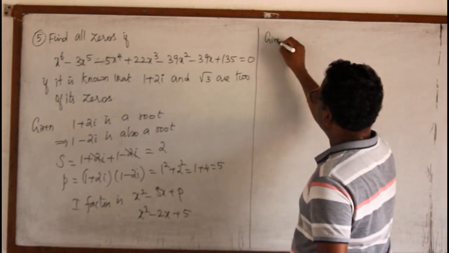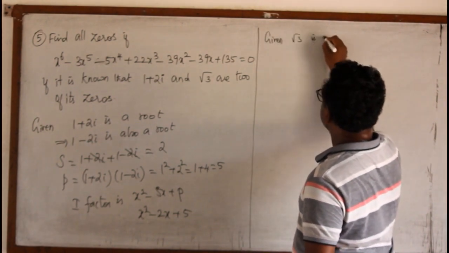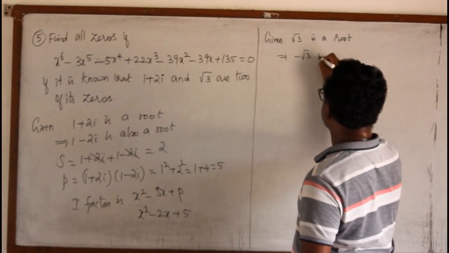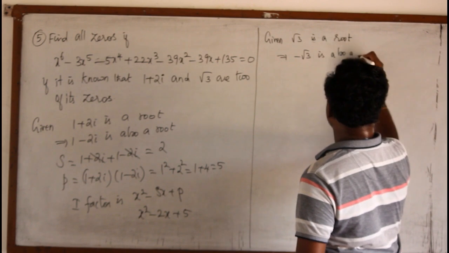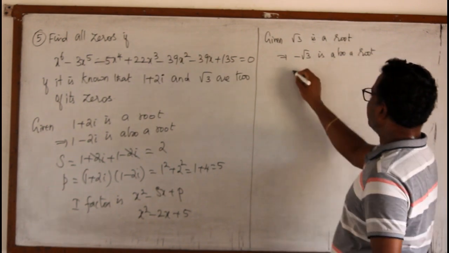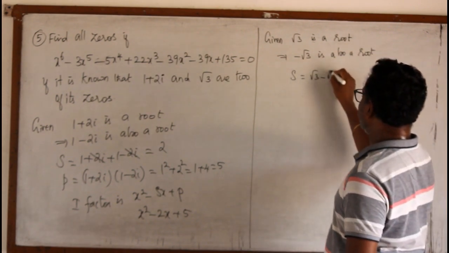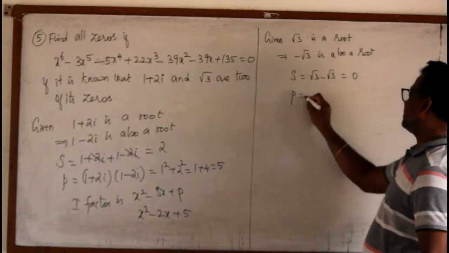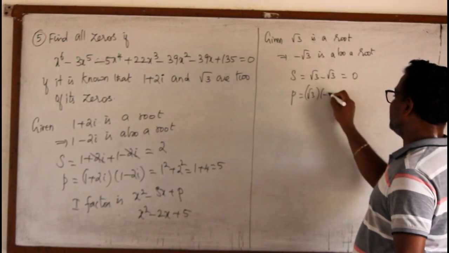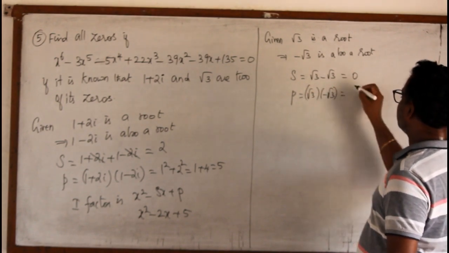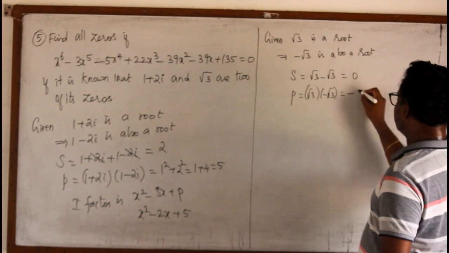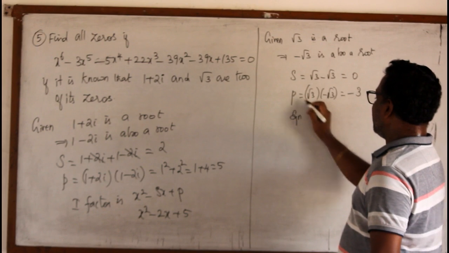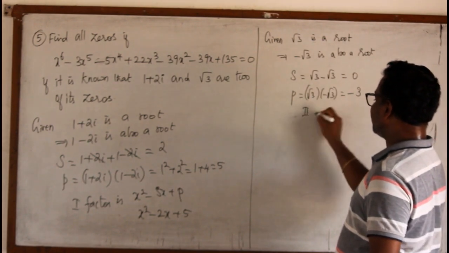Again, given root 3 is a root, this implies minus root 3 is also a root. Therefore, if I go for the sum, root 3 minus root 3 is 0. The product is root 3 into minus root 3, that is minus 3. Therefore, instead of equation, we shall write the second factor as